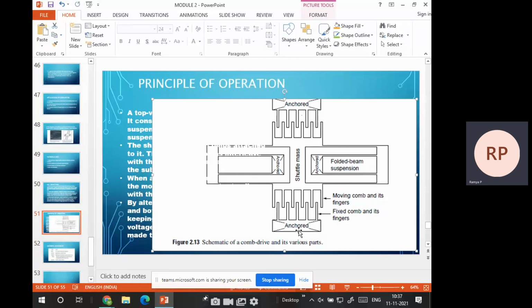This is a fixed end. This anchor is a fixed end, and this particular comb, or these fingers or teeth, will be moving in and outside, and we should give some amount of voltage to work with this function. So here, why we are going to use this in the biomedical field is if you want to segregate the components, if you want to have segregation with respect to mass.